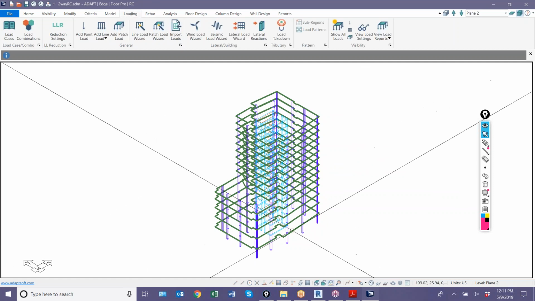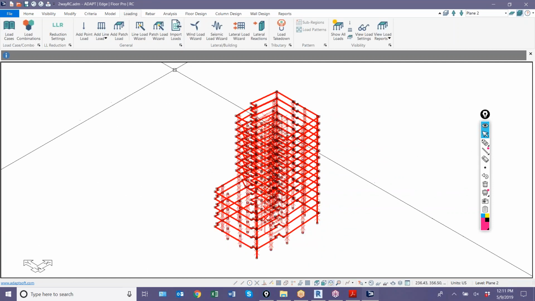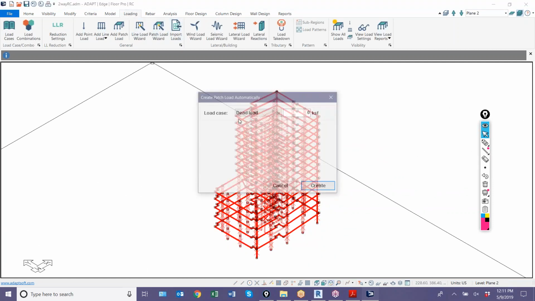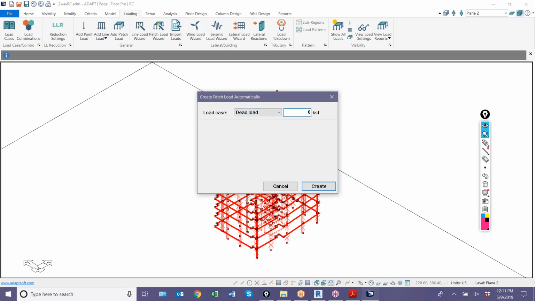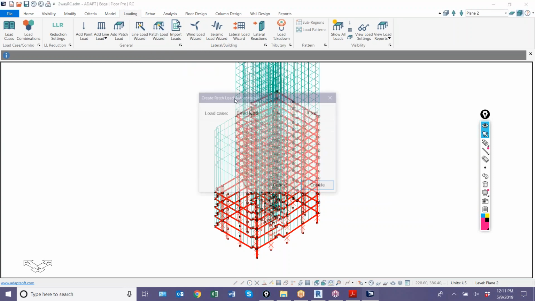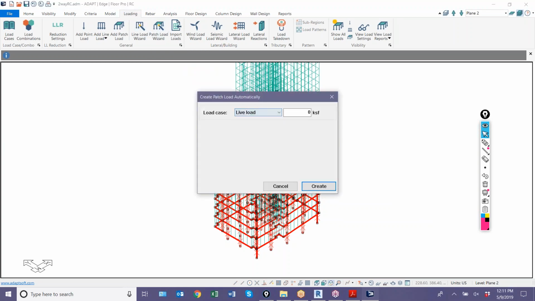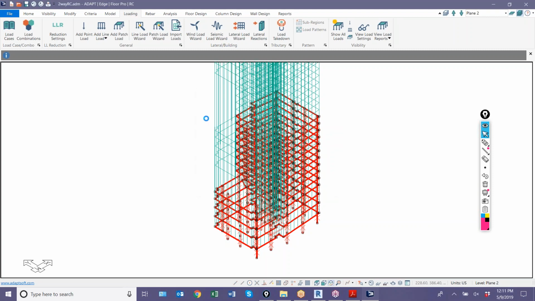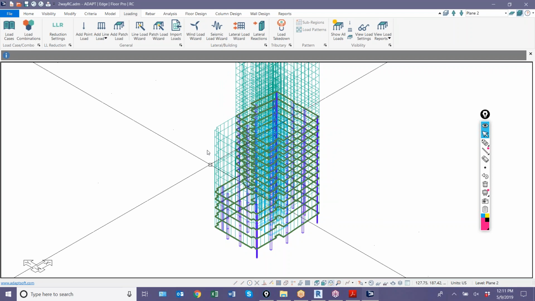I could actually say I'm going to select all of my slabs. I'll just throw on some loading here, and we'll say let's use 20 PSF dead load, and I'll add live load of 50 PSF. Okay, and before I mesh this, before I do anything analytically that is really related to finite elements,